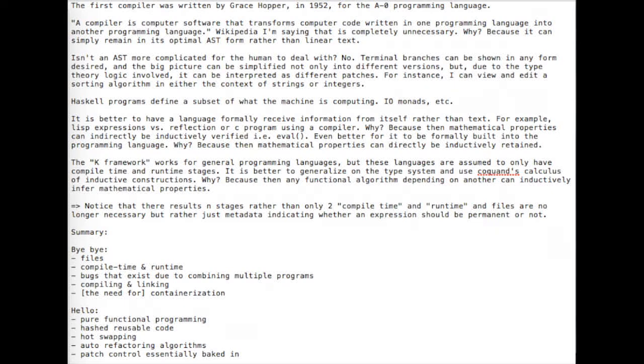System. If you got this down, you just deal with your hardware, deal with your pointers and all that, and then just use this directly. So, in summary, you could say bye-bye to files. You could say bye-bye to compile time and runtime, because basically you'll